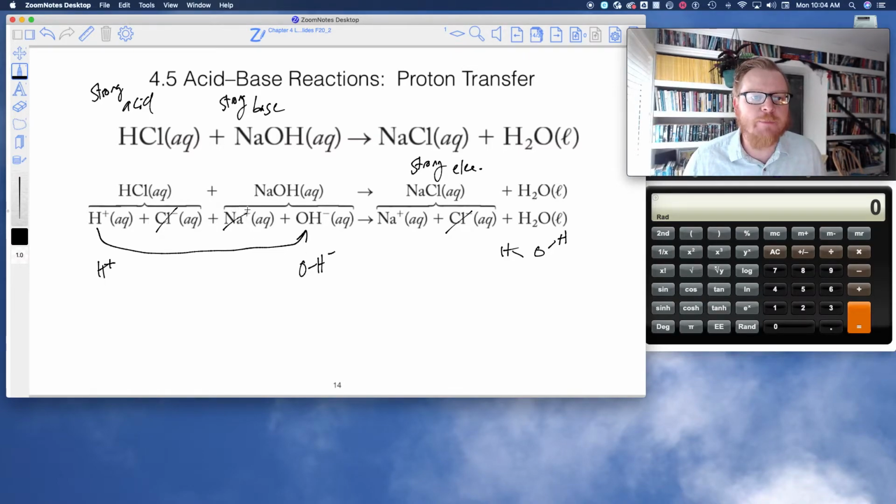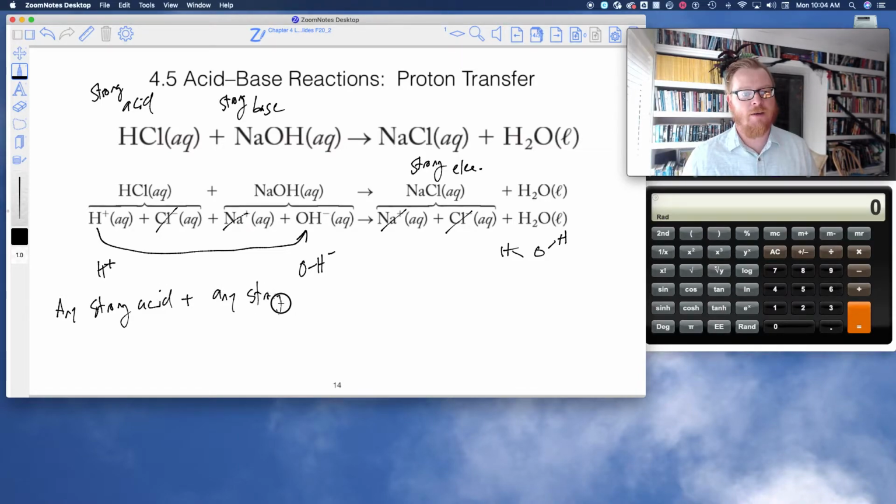And look, I've got sodium plus on the left side of the reaction and sodium plus on the right side of the reaction. So another acceptable shorthand way of writing this reaction, which is the reaction of any strong acid with any strong base. So let's say any strong acid plus any strong base always yields the following